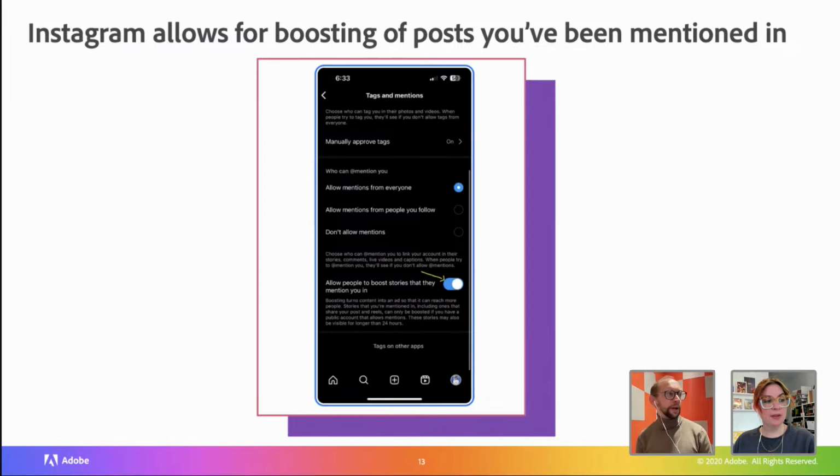I was talking to someone earlier about this, and they raised a good point: if you've been tagged in something that you don't necessarily want to be tagged in, then someone now has the ability to boost that. So you retain the capability of choosing whether you want in or out, but the fact that it's now a possibility does open up a bit of opportunity.